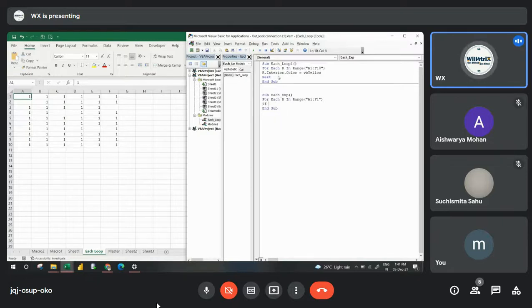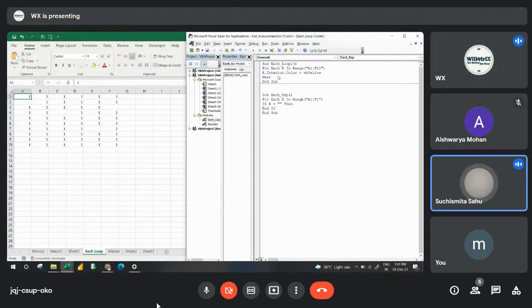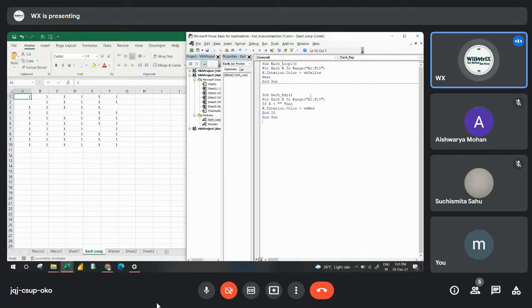Then I'll use If R equals nothing, then R.Interior.Color equals vbRed. So here I mix it with Next, where R finds an empty cell, all empty cells will be highlighted with the red color. Got it?